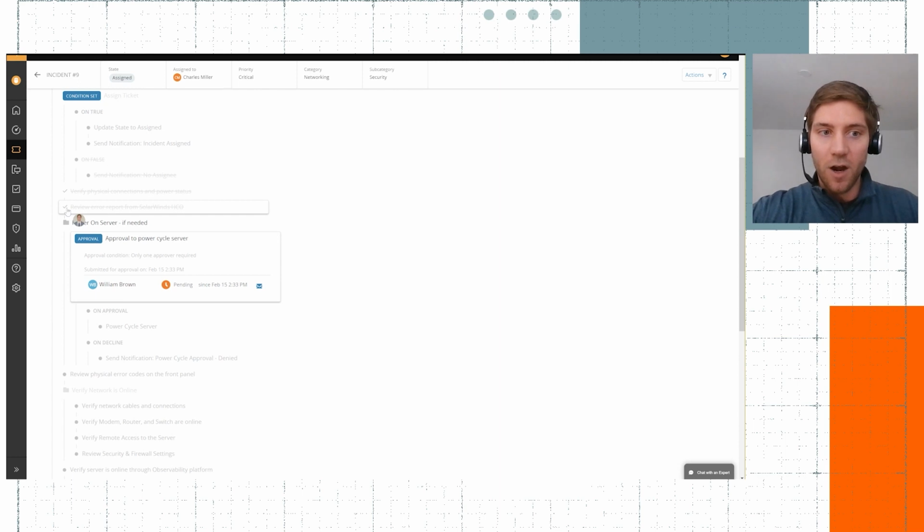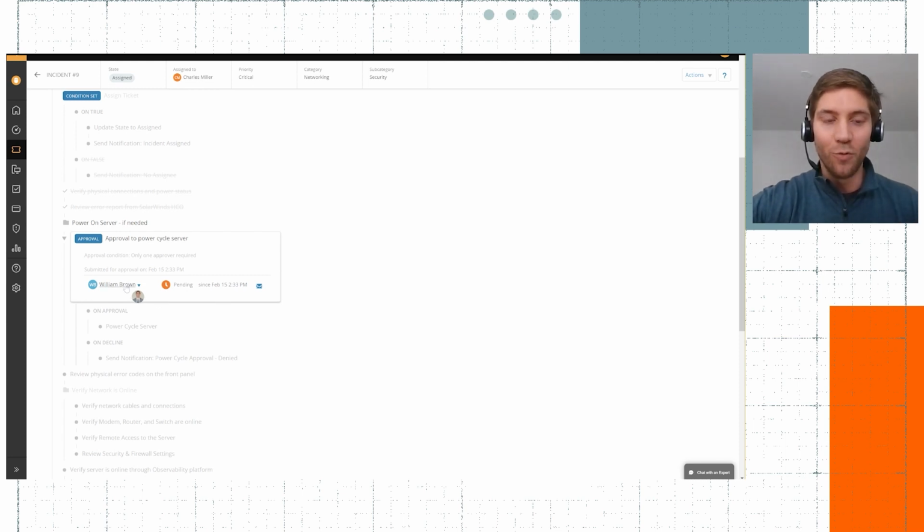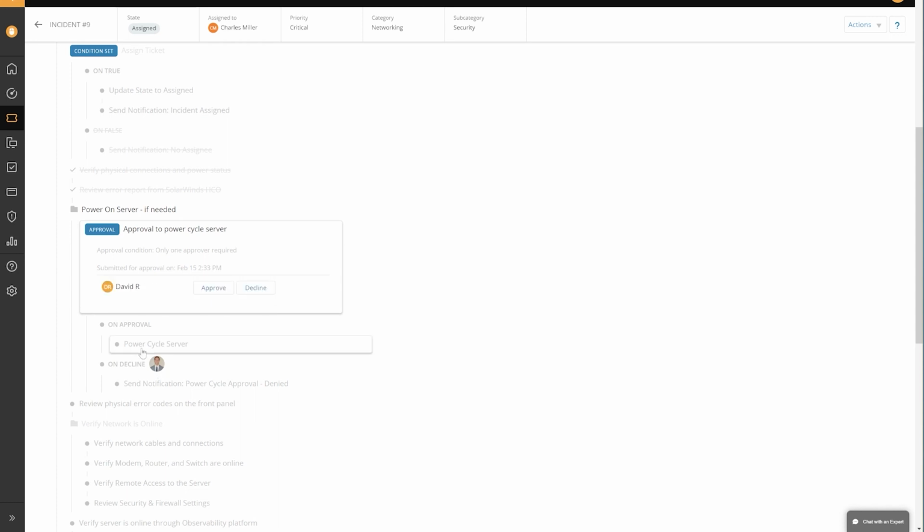So now again, we've got the audit trail behind David verifying the power source, verifying that he's reviewed, and now we actually send an approval out to Will, who needs to make sure that we can return power to this server. So this is going to generate an email off to Will. Will's going to get it right away in the top of his inbox. He's going to be able to click approve or decline right from there, which would then take me to the next step in the workflow. For sake of example, and because I don't have access to Will's email here, I'm just going to change this to me. But again, predefined, we know who it needs to go to.